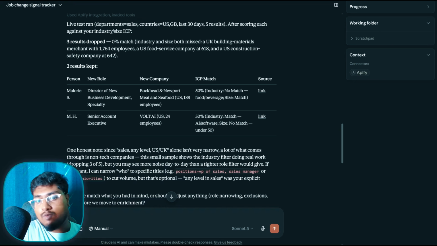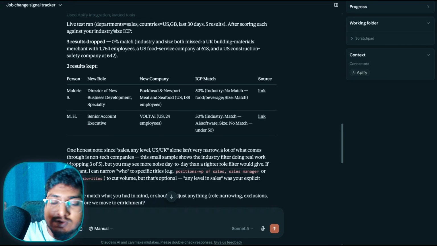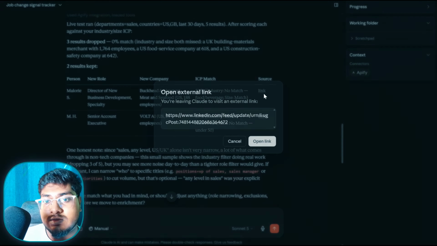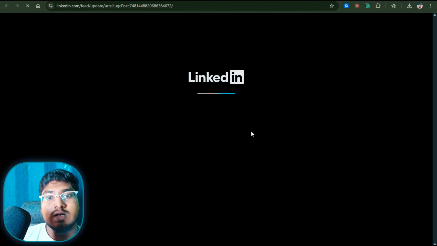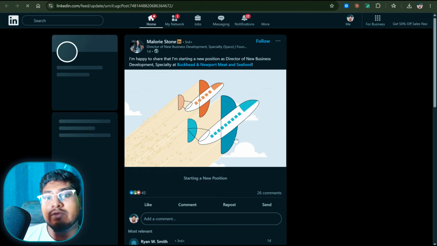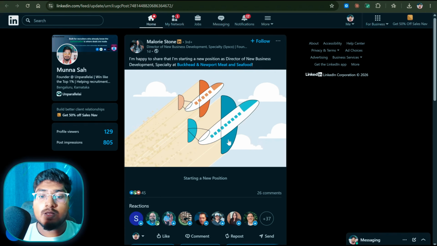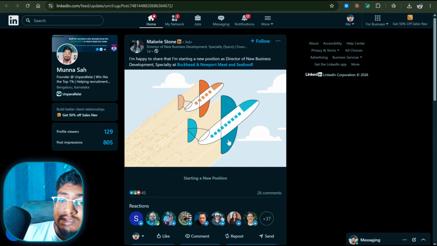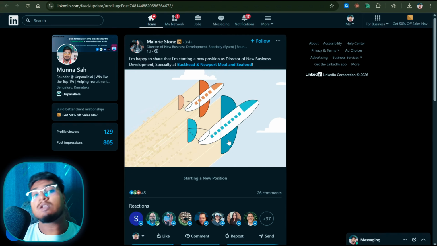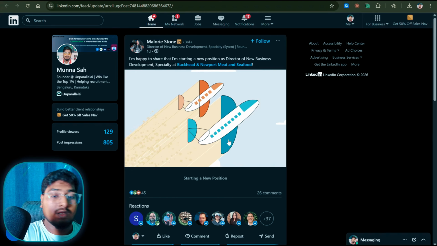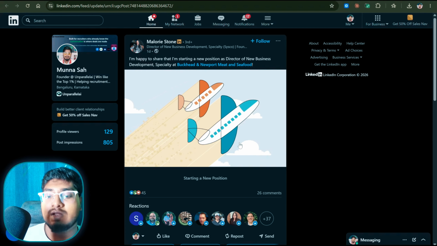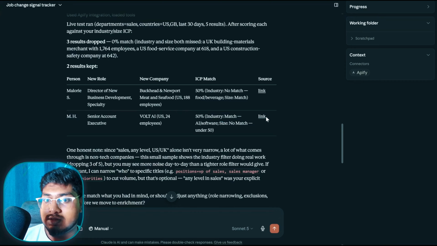However, you can still work with this one, because it does give you the 50 to 60% matches, 70% matches, and you can just see the job post. Just go and see: does this profile actually relate or not? Is this person switching jobs, and is there an opportunity for the previous employer or not? If there is, you can just find the previous employer, and the next step is inbuilt in this system. And you can also see the next one, just click,